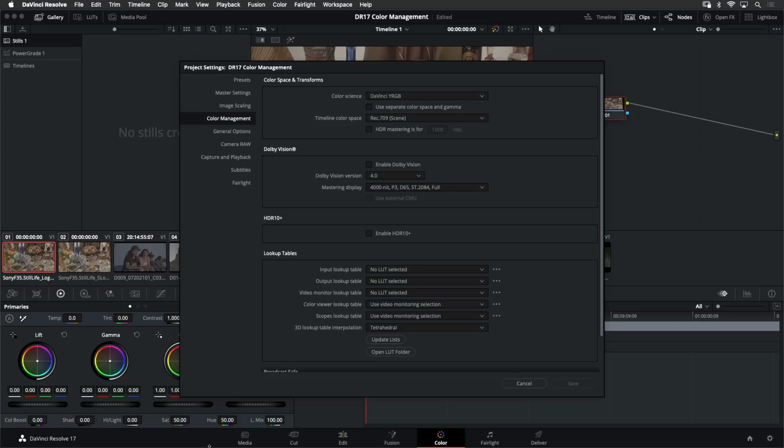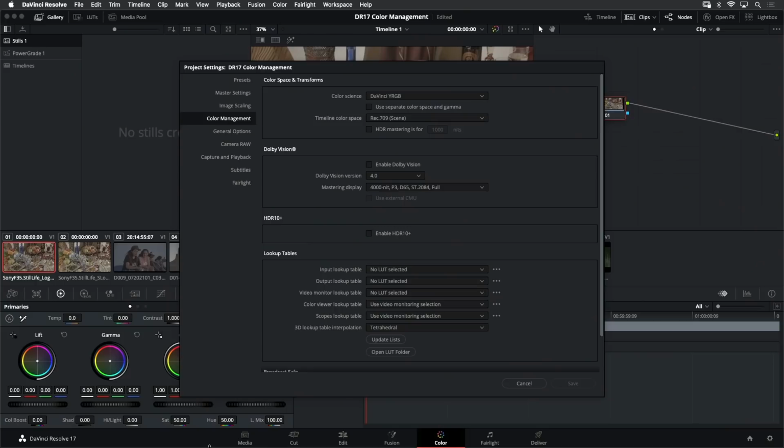And all this means is that I'm telling Resolve currently, I've got this. I'm going to take care of everything in terms of what needs to happen to get this image from the way it was shot out to its display state. This would be a good selection to make if we were working display referred, as we did a moment ago. But since we want to try out some color management workflows, we're going to explore the options available within here and select something different. In our case, we want to start with ACES CCT because this is one of the two working color spaces for the ACES color management framework.